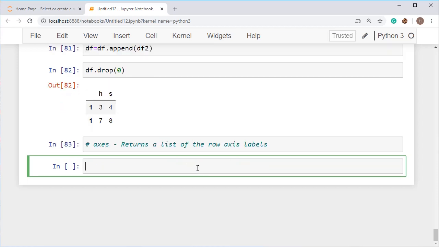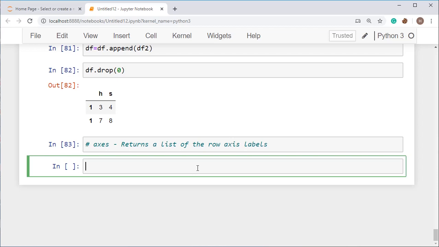Then there is an attribute called dtype. This will give you the data type of the object, and then empty. Empty returns true if the series is empty, and it will return false if the series is not empty. ndim will return you the dimension of the series, and that will always be 1 because a series is always 1D.